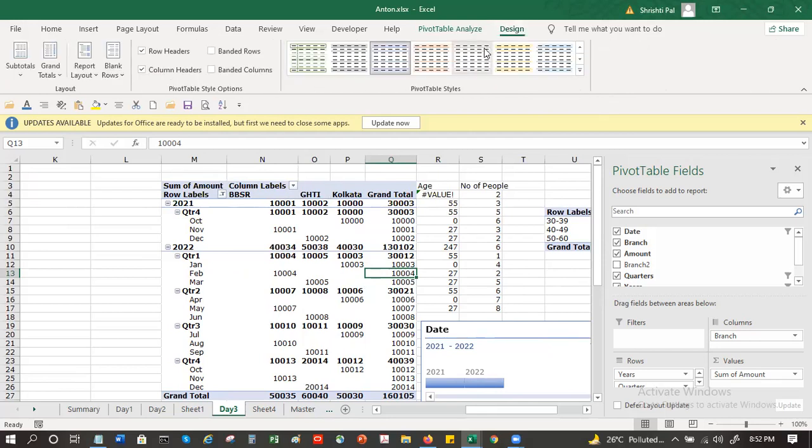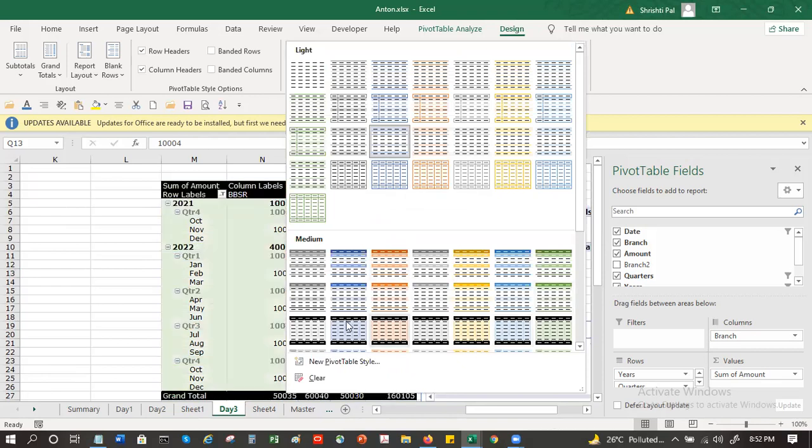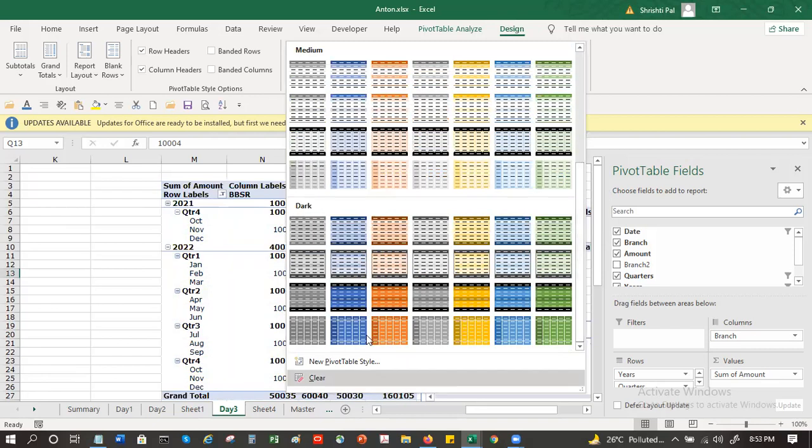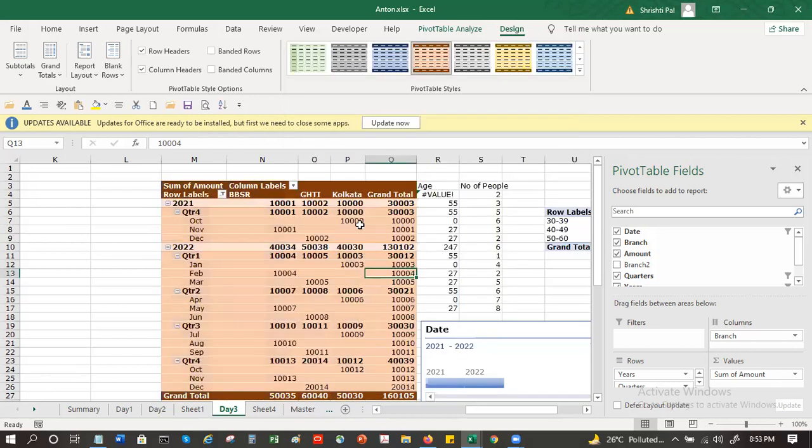Now this design helps you to highlight or you want some styling and things like that. You might have seen banded columns. Banded columns is like a tiger, you have stripes, right? Or you can do it on rows also. And you can change the pivot table color and style based on your choice. Whichever one you want. Scroll down, you get different darker shades as well, or you want a lighter one, whichever one you want.